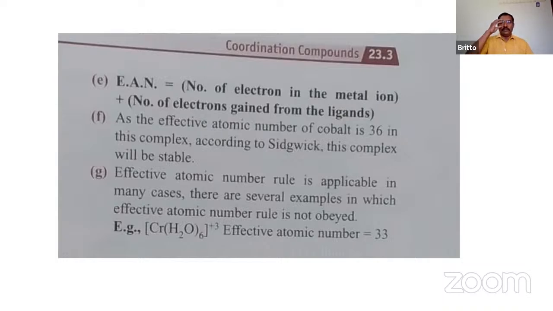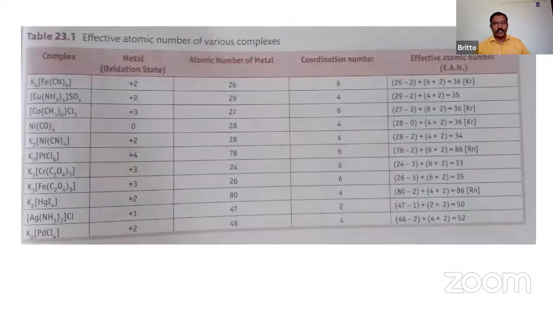Okay, of course here the effective atomic number rule is not obeyed, so you may be asked which among the following does not obey the effective atomic number rule. Or they may ask which of the following obey the effective atomic number rule, or based on the stability by effective atomic number rule, tell which among the following is stable. So different ways they can ask. So if you look at this,